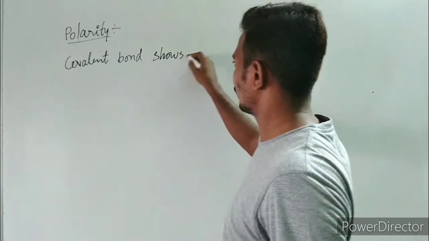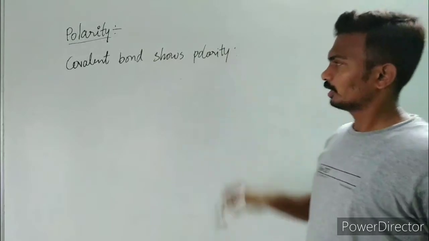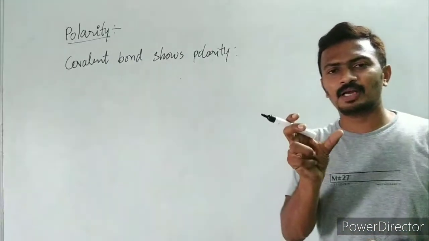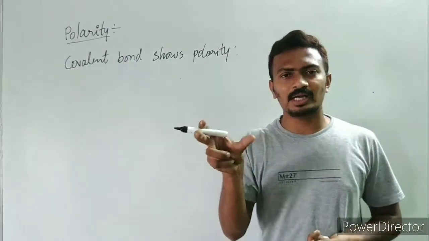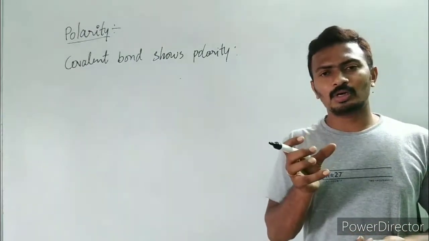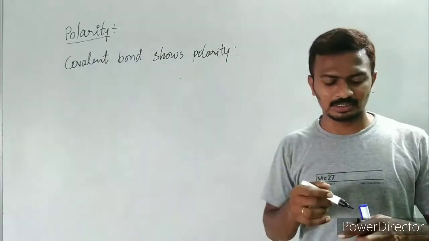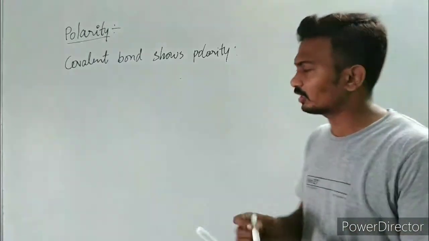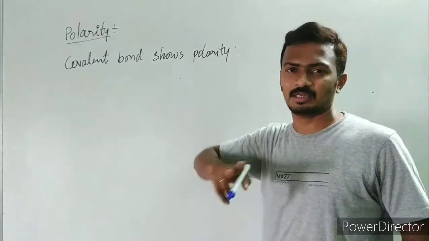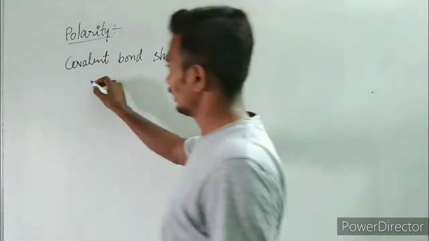So here a covalent bond shows polarity in the sense of charge. That means one of the atoms of the covalently bonded molecule will attain more negative charge, and one of the atoms will attain less negative charge. Why this happens is because a covalent bond between two different atoms has a difference in electronegativities. Example,